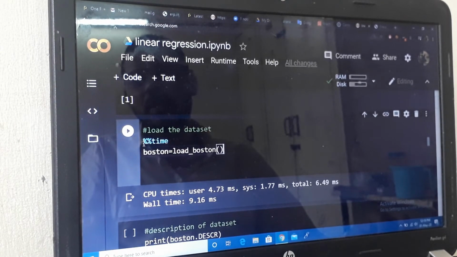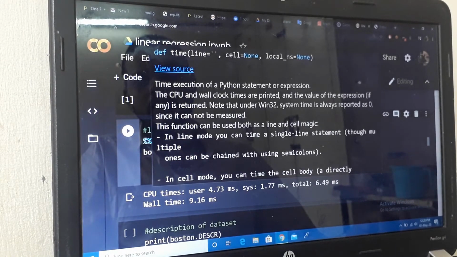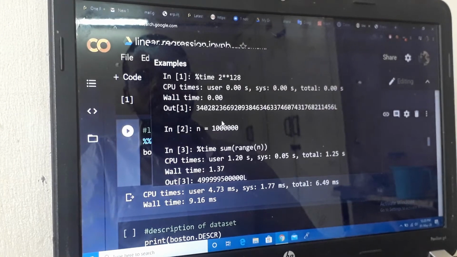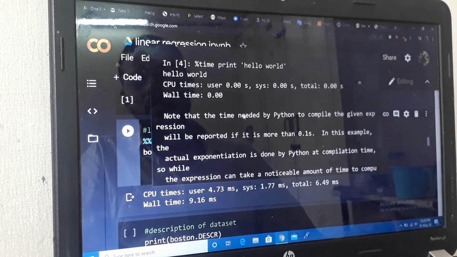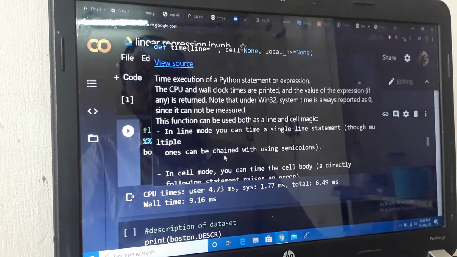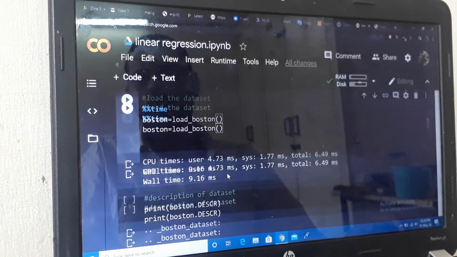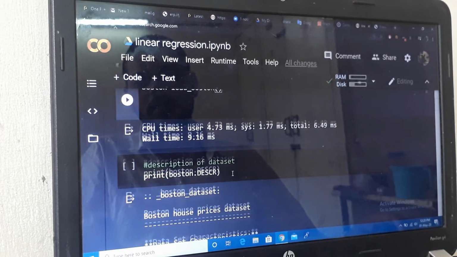It is a magic command, and if you click here, you can see the documentation of how to define it and what its definition is. These are all defined in the documentation. Okay, so next we will move on to how to describe the data.